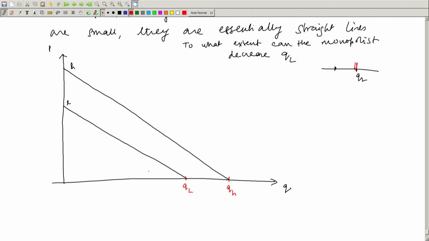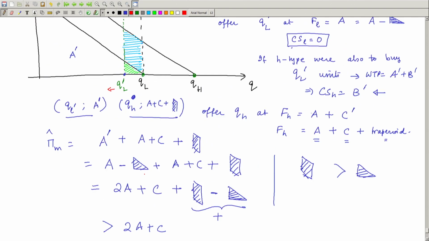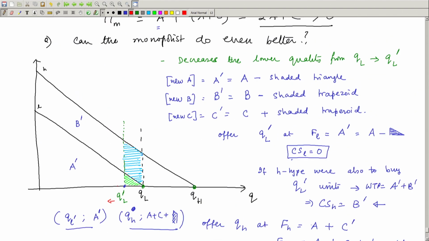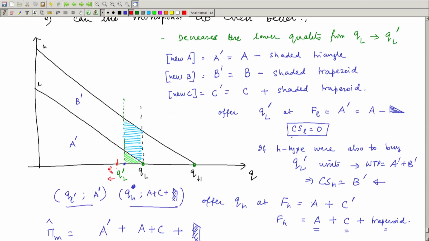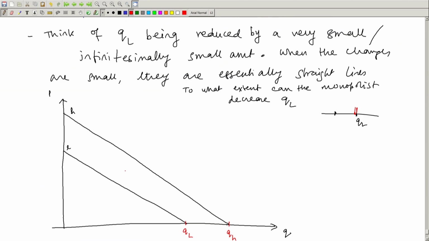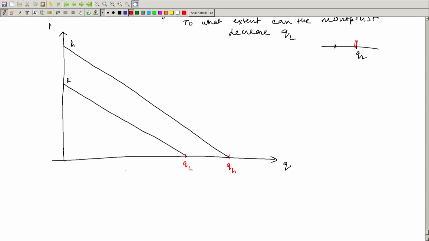So, I will further bring this portion down to QL double prime. Again, I will compare this triangular zone entirely with this trapezoidal area. You will notice that at some point the two areas are going to be equal, and instead of these pronounced changes, if I could think of very, very small changes, eventually I will have a zone where